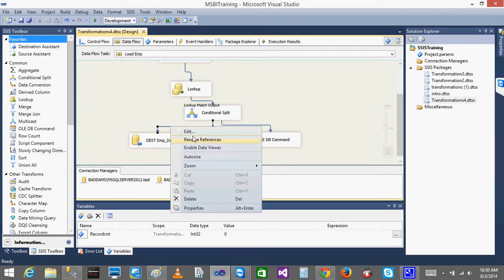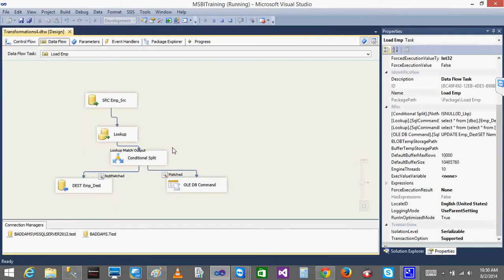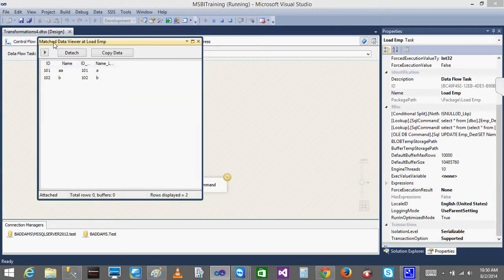The inserted record will be, I'm using enable data viewer, you should get 103. Then the updated data viewer record will be 1, right? Just execute now after creating a data viewer, then you can capture those records here. You can see it here. See, this is the matched data. See, 101, 102, both are matched, so both will be updated. Even though B is not changed,